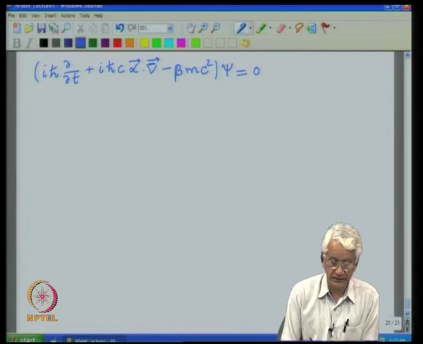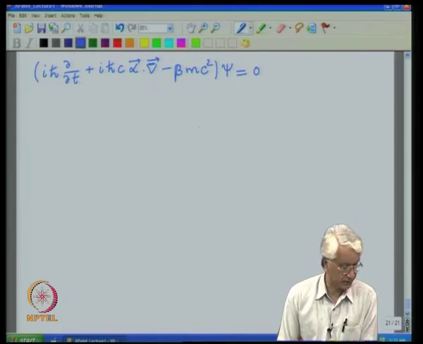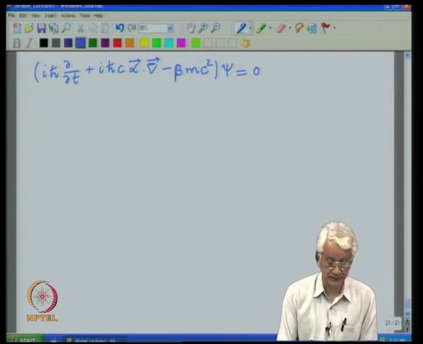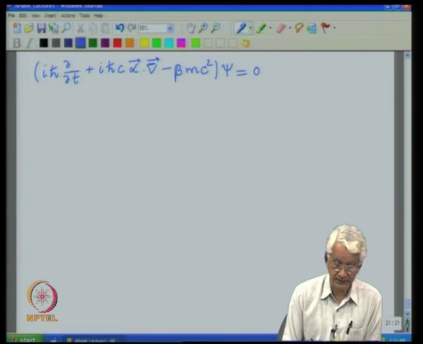Now, this equation can be written by combining the time derivative and the space derivative into a 4 vector, and to do that we have to get a corresponding matrix also for the time derivative, and which is easily done